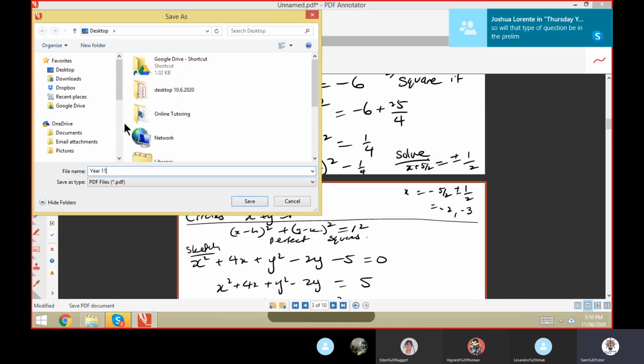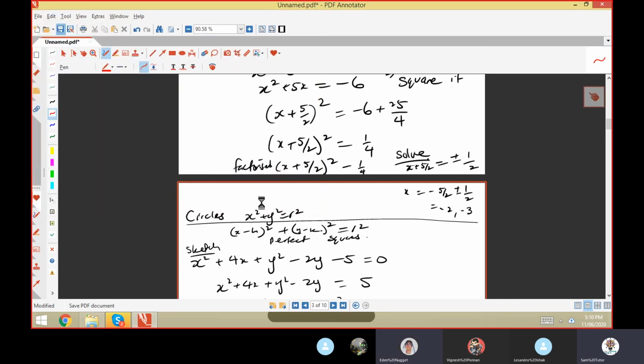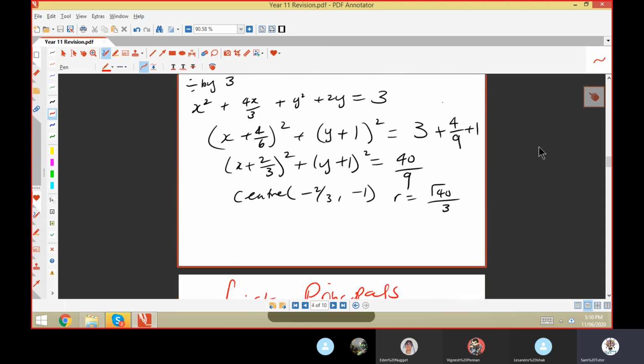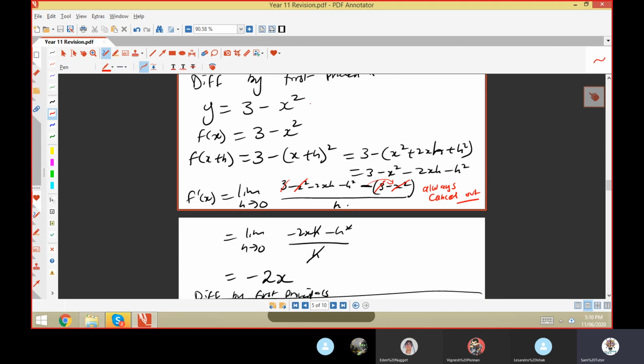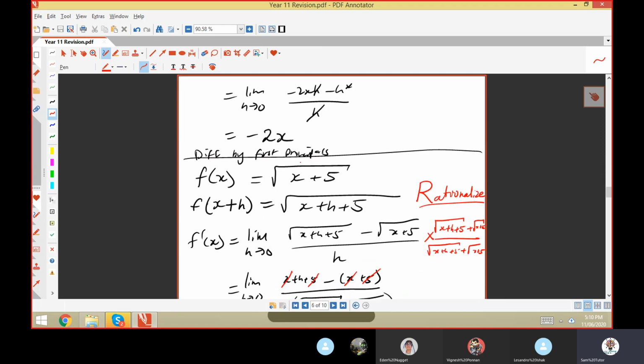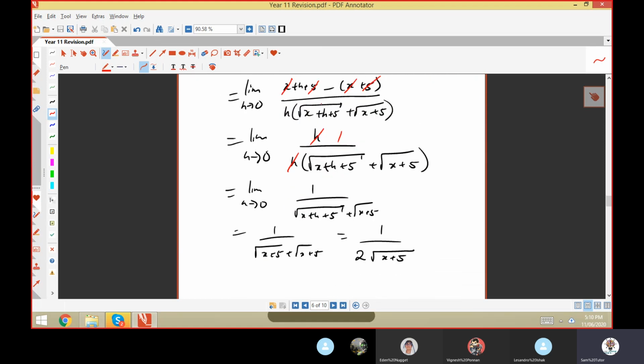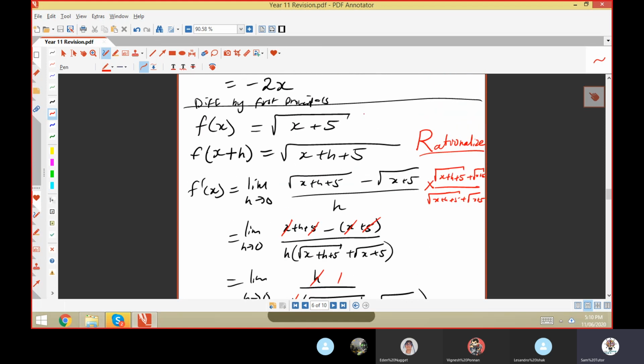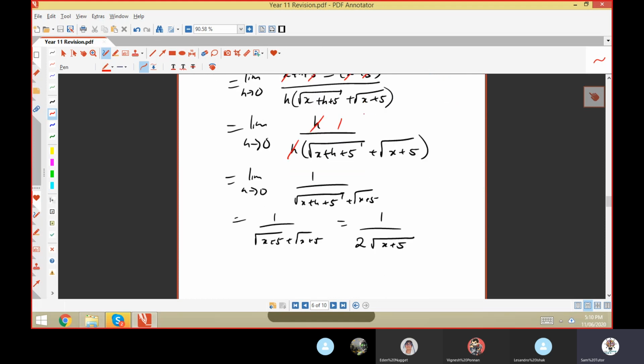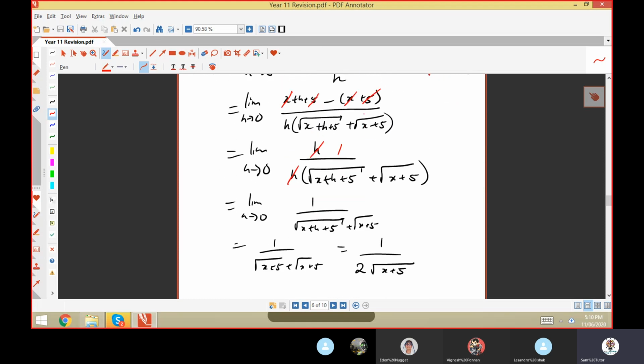Will that type of question be in the prelim? Yeah, it can be. We've done 2 revision papers so far, and we haven't seen that. So it's not like it will be, it's more that if it is, they usually ask these ones in prelims. But if it's this one, it's very unlikely for you to be able to get it right without having obviously done it before. But if it's not in your prelim, it could come up in your half yearlies in